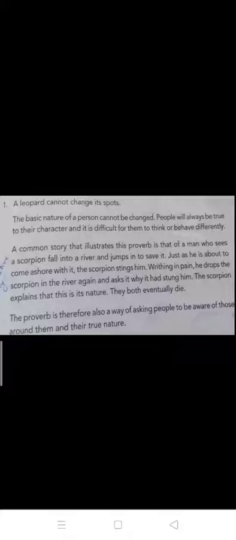So I'll just quickly read through it. The introductory paragraph, which gives the meaning of the proverb, the basic